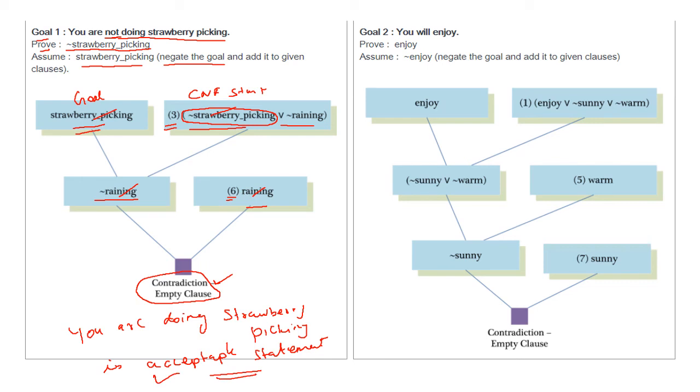And let us come to the second goal. Which is our second goal? You will enjoy. Whether this particular statement is acceptable or not, we need to prove this. What we need to prove? Enjoy. And we need to assume not enjoy, that is the negation of this goal. The negation of this goal is to be taken and added into our given clauses, that is the CNF statements.